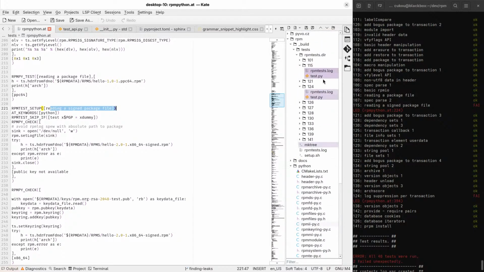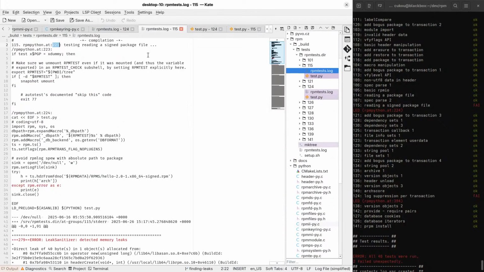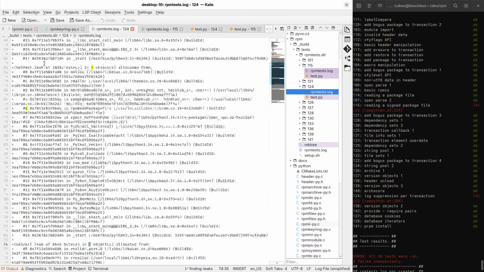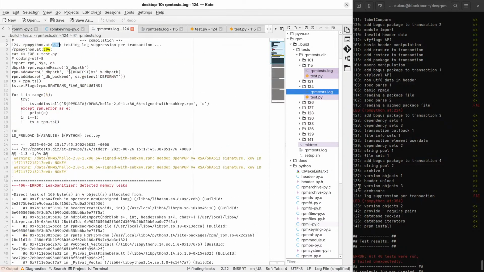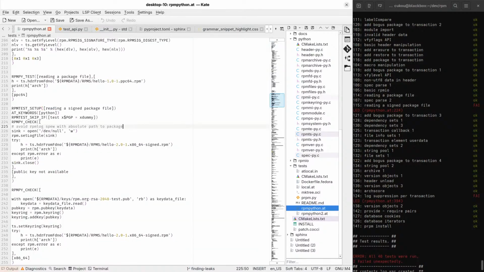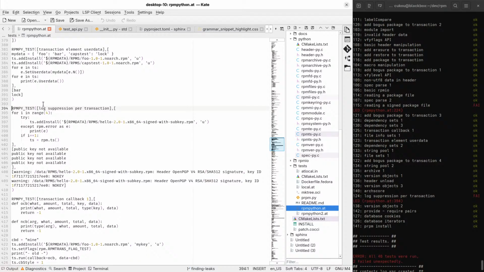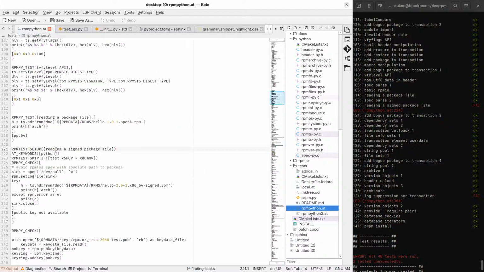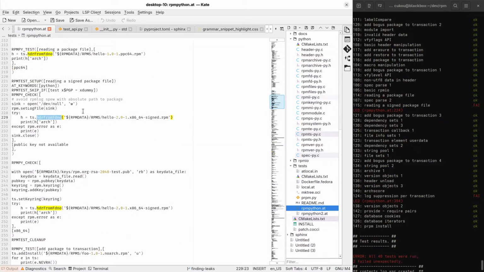No, I want the other one. 394. No. This one reads header from file. No, this one.